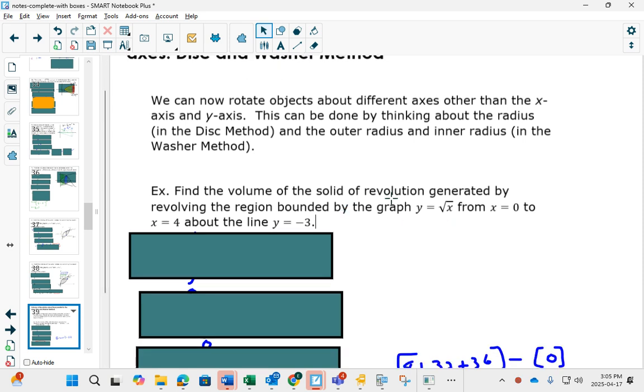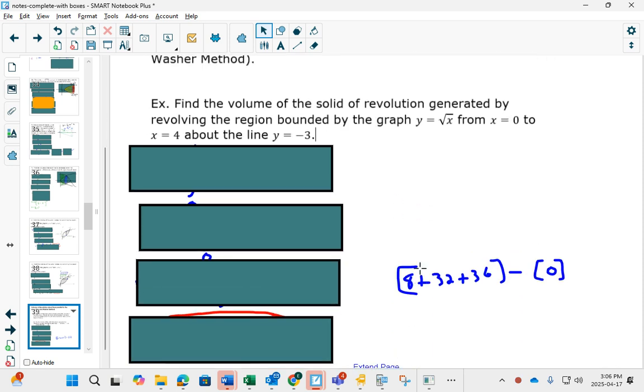Okay, so here we're doing a solid of revolution generated by revolving the region bound by the graph of y equals the square root of x from x equals 0 to 4 and the line y equals -3. I feel like drawing a picture. This is like a watermelon on steroids. Nice. Okay, so here is my square root graph,